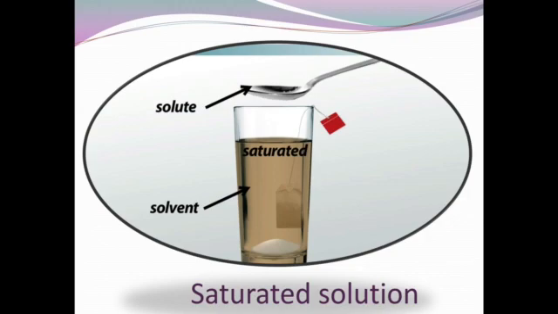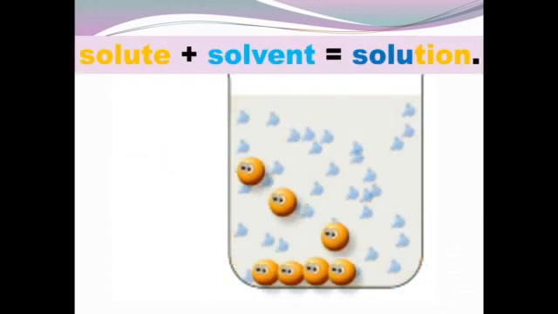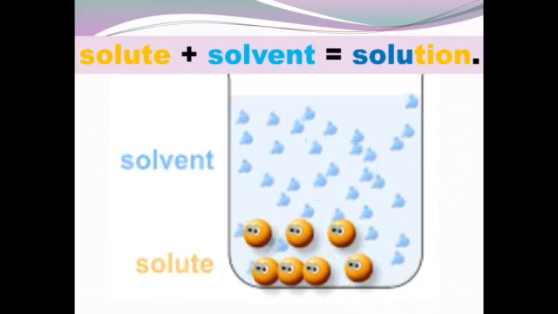The substance which is added to mix, or a component of a solution present in a smaller amount, is known as a solute. On the other hand, the substance which is mixing the solute in itself, or a liquid substance capable of dissolving or dispersing one or more other substances and is present in larger amount, is known as a solvent. We can assume that solute remains in a smaller quantity than the solvent, right?